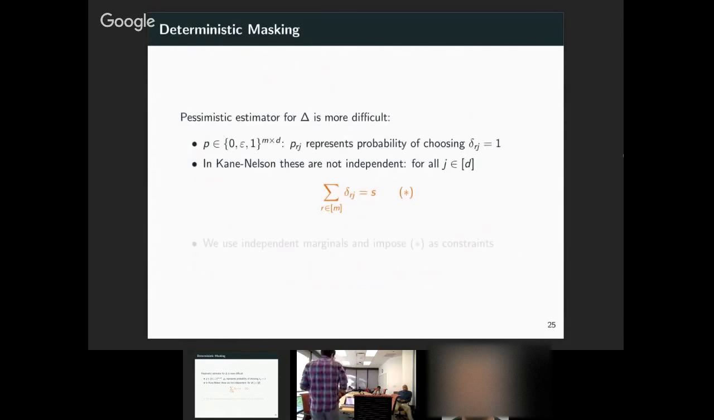Now the masking is a bit more technical, and I don't know how much time do I have. Like 10 minutes. Okay, so I'll be. It depends on how much. No, it's not that long, but I want to show some numerical results as well. So